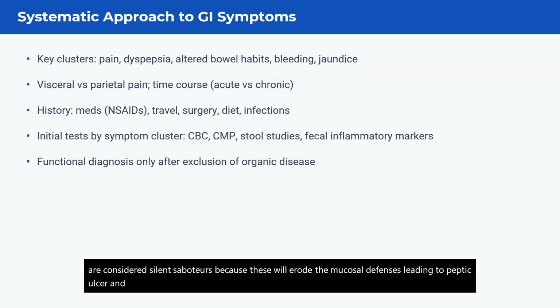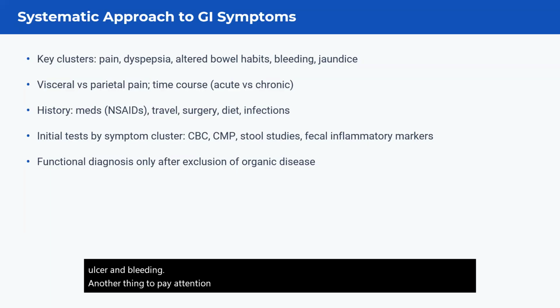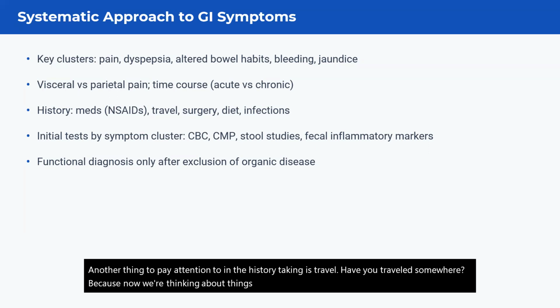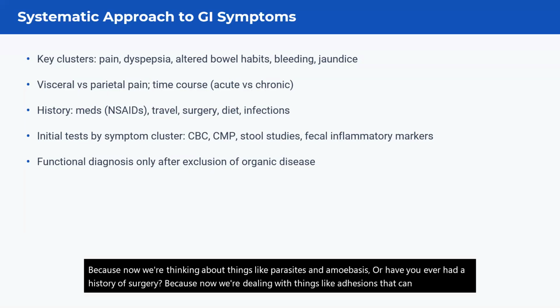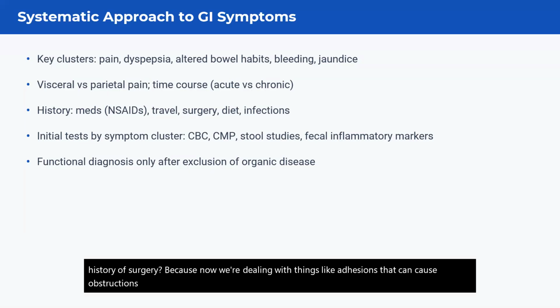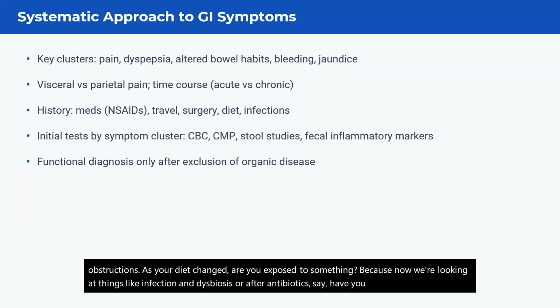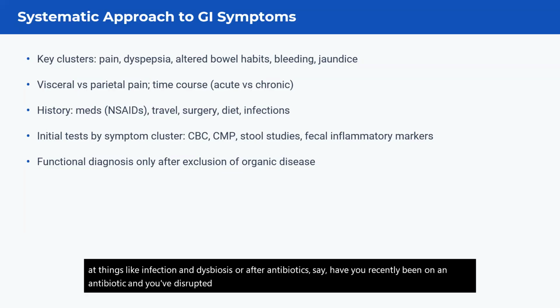Another thing to pay attention to in the history taking is travel. Have you traveled somewhere? Because now we're thinking about things like parasites and amoebiasis. Or have you ever had a history of surgery? Because now we're dealing with things like adhesions that can cause obstructions. Has your diet changed? Are you exposed to something? Because now we're looking at things like infection and dysbiosis. Or have you recently been on an antibiotic that disrupted the biome? All of these different things can mimic inflammatory bowel disease, and each clue will narrow the field before you even